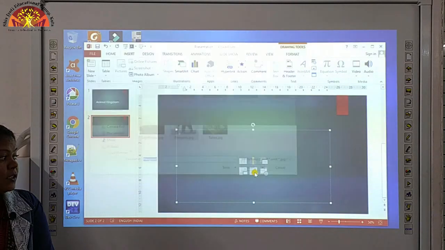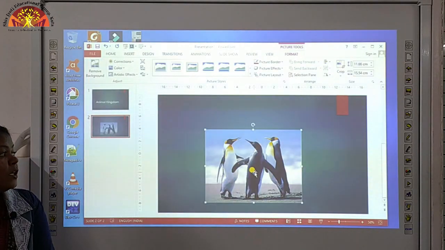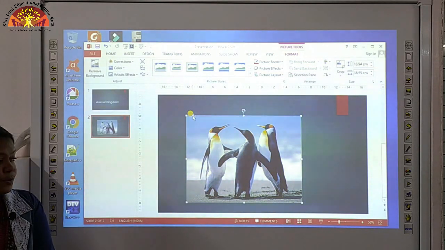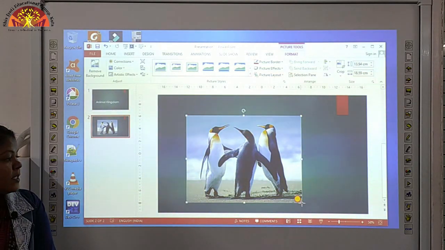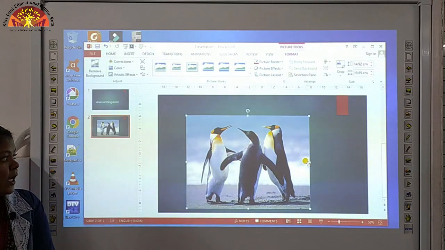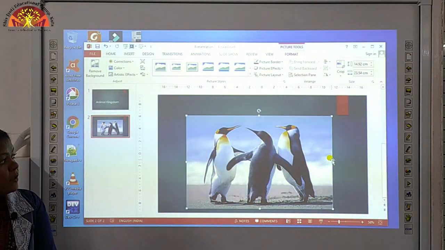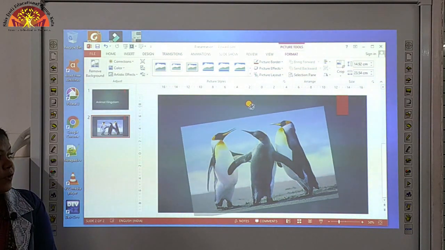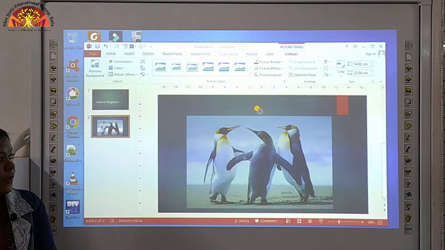When you click on the insert button, then the picture or image will be inserted in your slide. Okay, students, here you can resize your picture in the slide, and on the image we have the rotation handle, and students, we know using the rotation handle we can rotate our image over the slide like this.